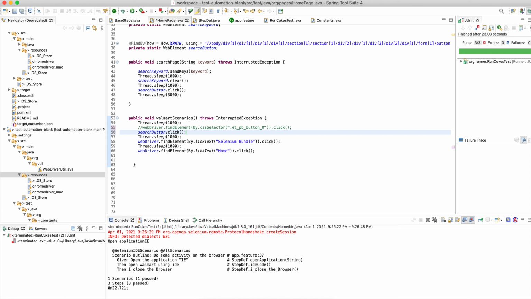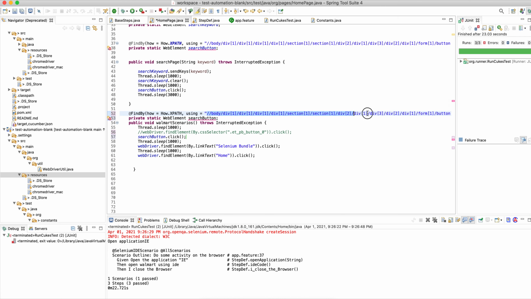But the XPath looks odd. If you look at the XPath, it's very long. You're talking about this XPath. Yeah. See, I'm just giving you an example. Assume that you have, suppose you identified an XPath in AHA, something short.